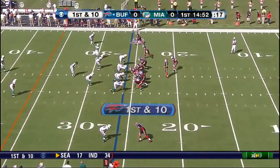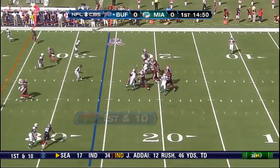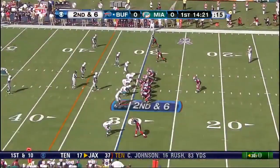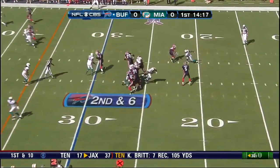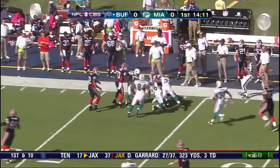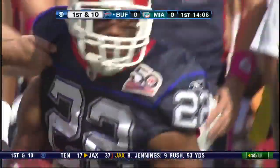Jackson will be in the backfield, 4 in the secondary from the 26. It's 1st and 10. You see Edwards, and he gets the low snap. Caught by Terrell Owens. He's out to the 29-yard line, and Jackson in the backfield offers a block for Jackson. The rookie Wood is out there blocking, as is Lee Evans, and he's out with the catch and run to the 48 and picks up 18 yards